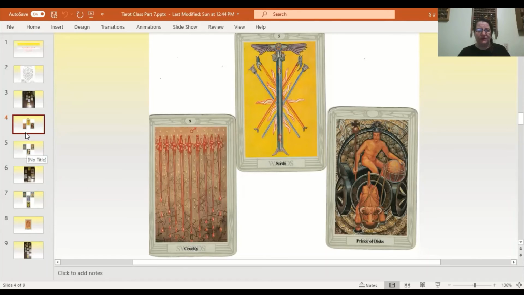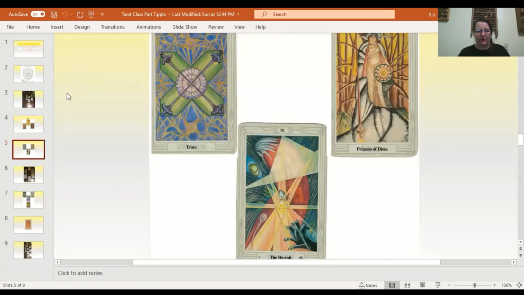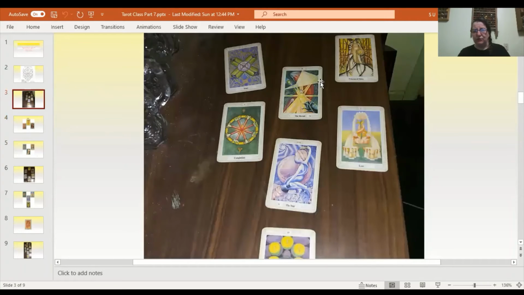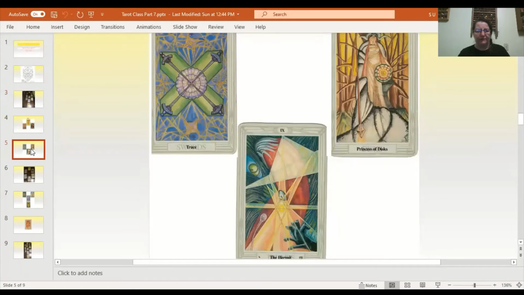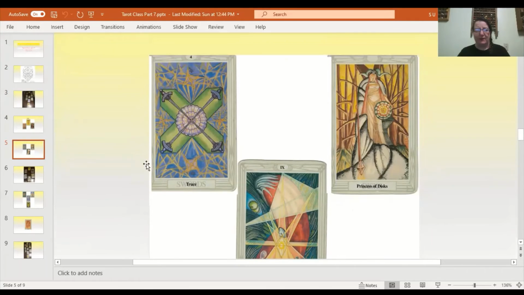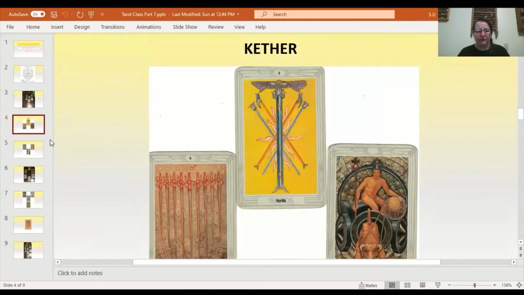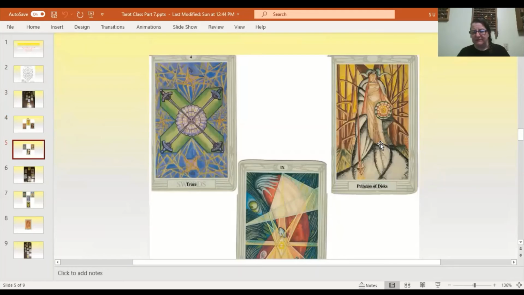As I come down into the second triangle, we get these three cards. Okay, again, we're going back to this reading here. So we've got those three cards right in that space. So we see that the Hermit is in that heart sphere, in the sixth sphere of Tiferet. And that is a reflection of what's going on in the fourth and the fifth. So in the fourth sphere, we have the Princess of Discs. Remember, we had the Prince of Discs right above her. So we have the Princess of Discs over here, which is Earth on Earth. And it is in the sphere of Mercy,